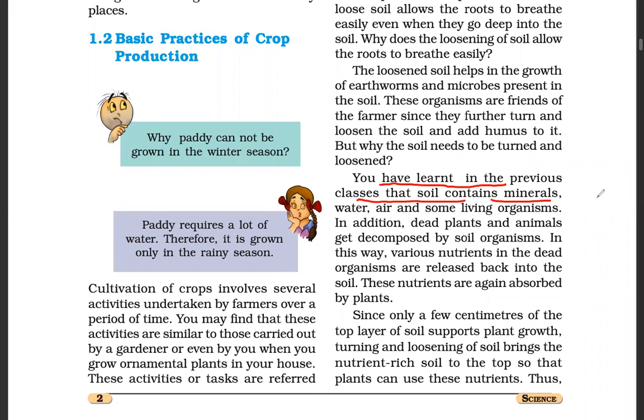You have learned in previous classes that soil contains minerals, water, air, and some living organisms. In addition, dead plants and animals get decomposed by soil organisms. In this way, various nutrients in the dead organisms are released back into the soil. These nutrients are again absorbed by the plants. So sometimes it happens that